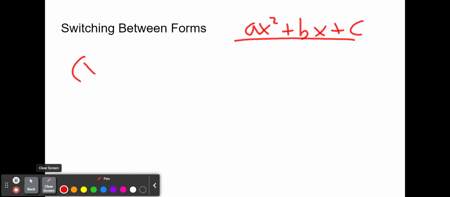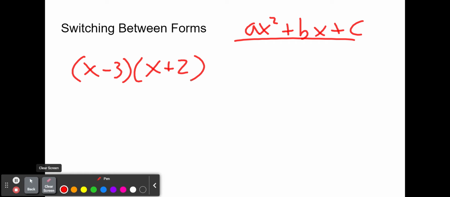All right, I'd like to briefly talk to you guys today about switching between forms. The thing that's going to be easiest every time is taking vertex form or factored form and converting it to standard form. So let's start there. If you have factored form, something like this, x minus 3, x plus 2, and you